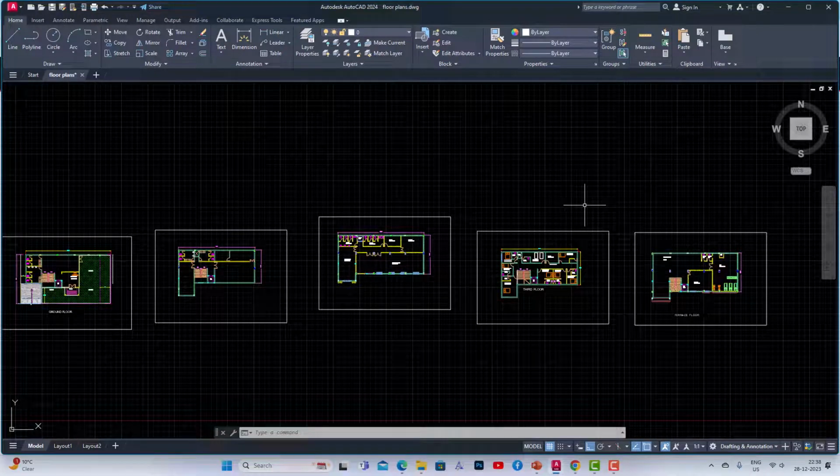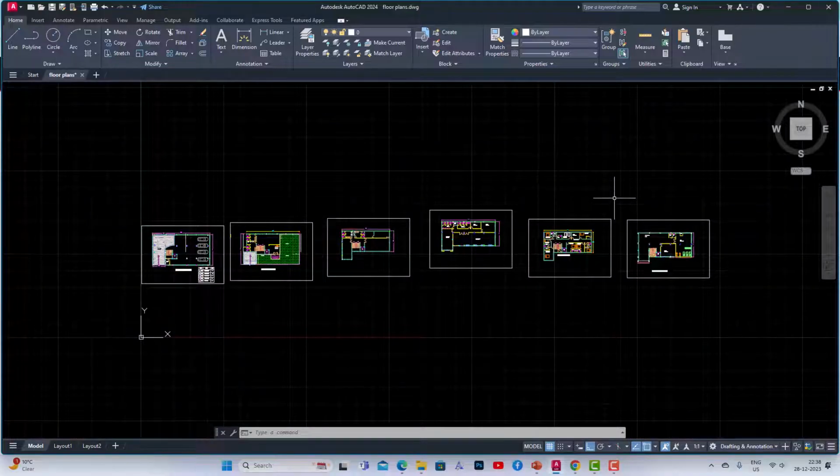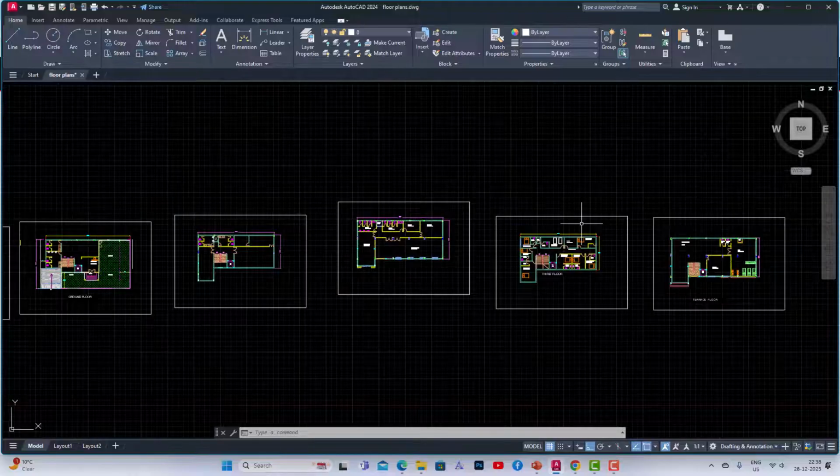I'm architect Sonu Rai from Glad Studio, and in this video tutorial I'm going to teach you about the Xreference in AutoCAD. What is the meaning of Xreference, how to use this in AutoCAD, and what is the purpose of this Xreference. So you can see here, this is the floor plans of a commercial project, and I